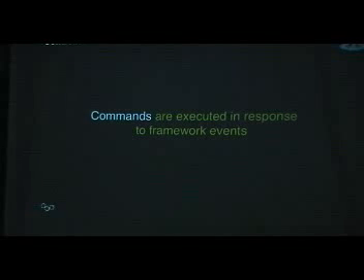Commands are executed in response to framework events. We have mapped the events to the commands using